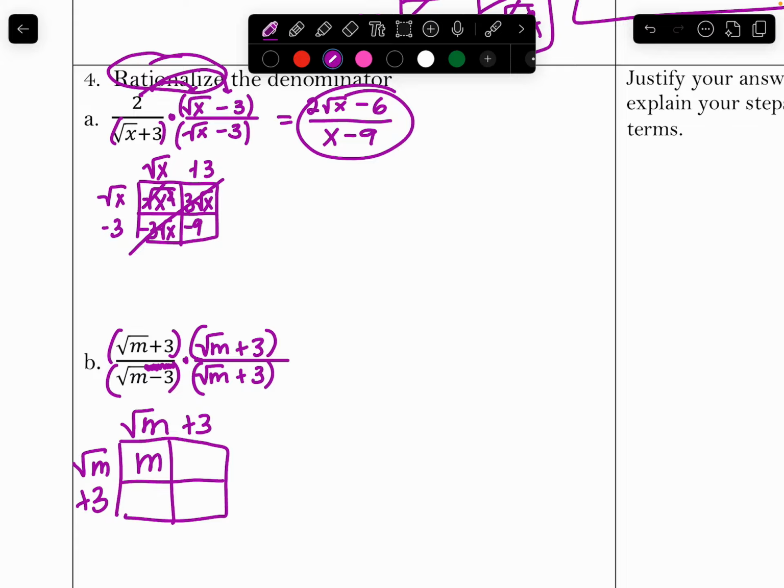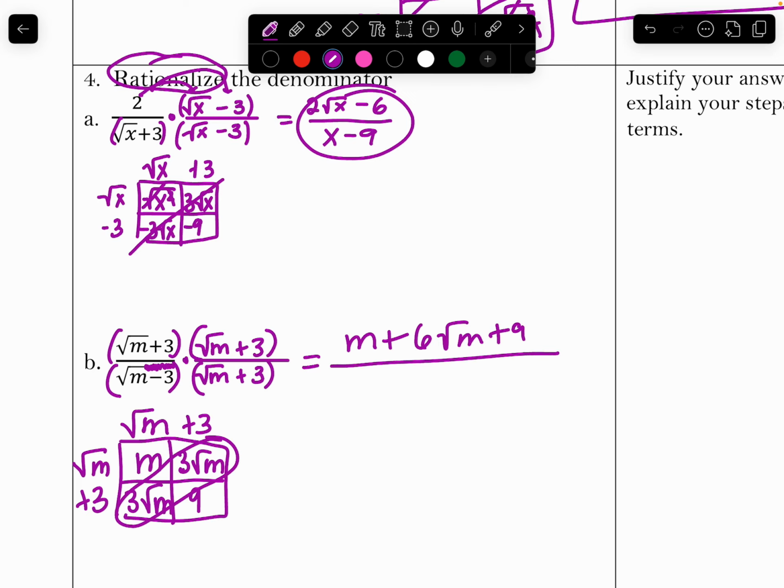So if you haven't noticed, they always cancel in the beginning. Well, not always. But if they're the same thing, it's just going to be 1m. And then it's going to be 3 square root of m, 3 square root of m, 9. Like terms. That's m plus 6 square root of m plus 9 over, if you haven't noticed, for the denominator, the middle terms always cancel out. So when you do your box,